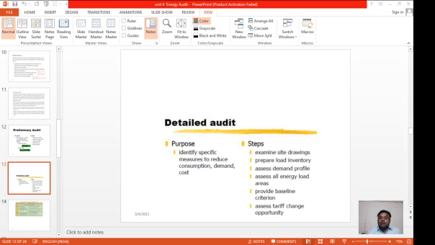Then, in sufficient manpower, you have to make allocation of manpower for conducting different tasks. For example, if you want to conduct simultaneous measurements, then you have to form two batches, one at one place, the other at another place. And simultaneously they will measure and check whether it is done or not. Then you have to plan what you have to do, what the line of action is to be. So that comes under the planning phase. So in this way, the detailed audit comprises the preliminary phase for conducting the energy audit, and the second phase is the energy audit.